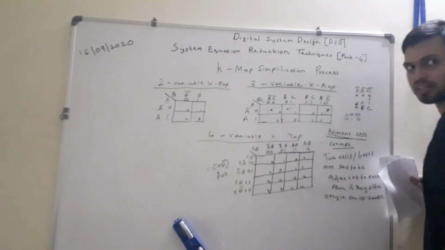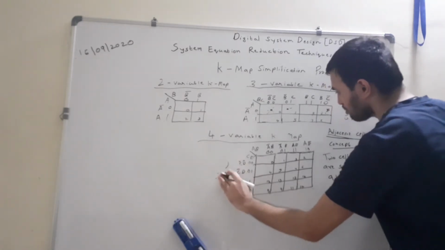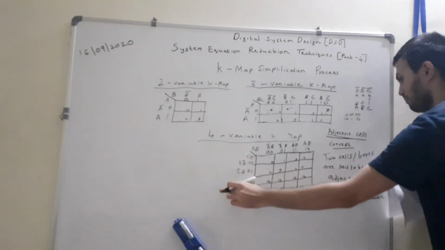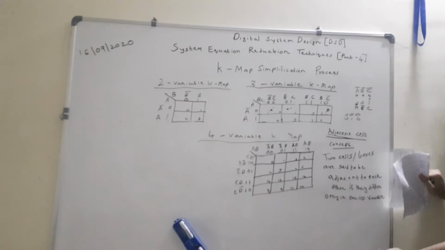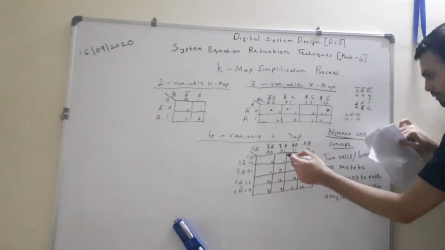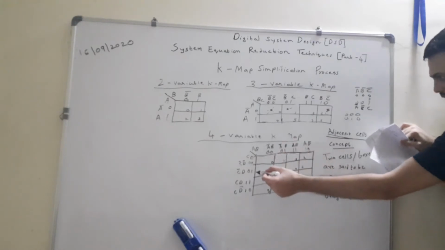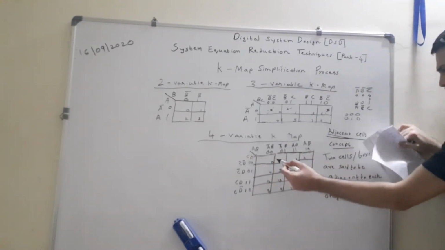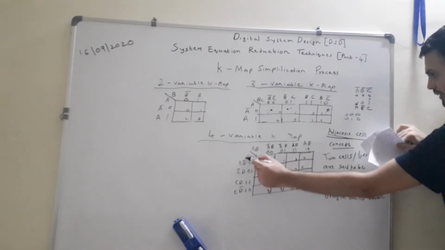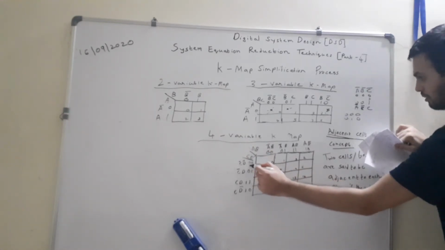As I have written C bar D bar, the meaning of that statement is we are dealing with standard SOP form and we are entering min terms in the K-map. So when we are entering min terms, we have to group or encircle ones. This grouping concept we will move ahead with in a short while. But understand, this is a 4 variable K-map. So I labeled it as 0 1 2 3. Refer to the corresponding gray codes over here. This is a gray code sequence. This is a gray code sequence. So from that you read 0 0 0 0. This is your MSB bit in this case. This is your LSB. So 0 0 0 0.